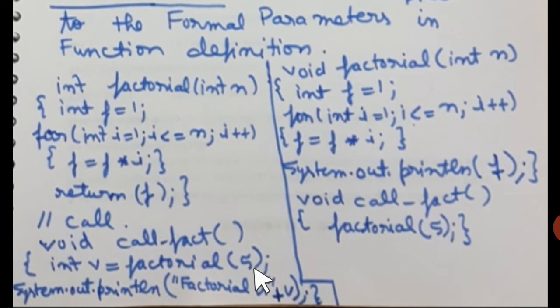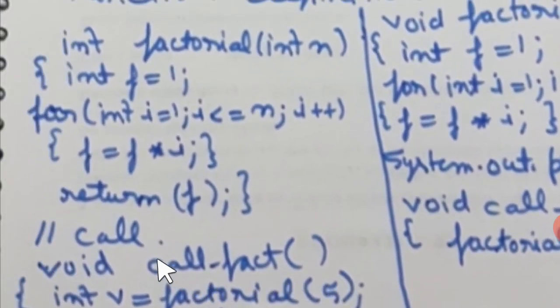Okay. Now to understand it better, and how to define the function, with the example in different ways. One example I have taken here. Students, just see a function is here. Return type is int. Factorial is the name of the function, and int n. It is going to calculate the factorial of a number n and return the factorial from this function. All right. So here we have taken a variable f which is initialized with 1. Then there is a loop which works from 1 up to n, because we need the product of all these numbers from 1 to n to calculate the factorial.